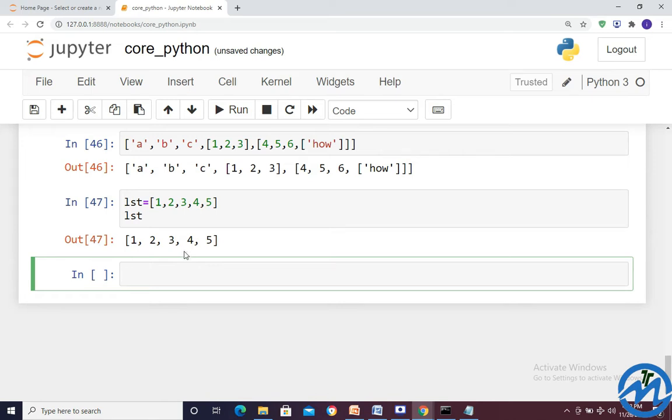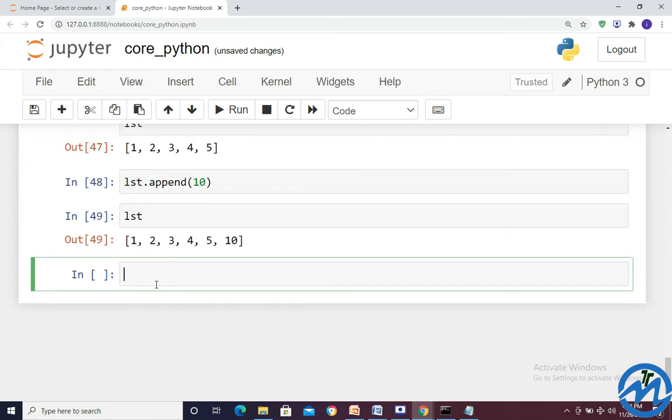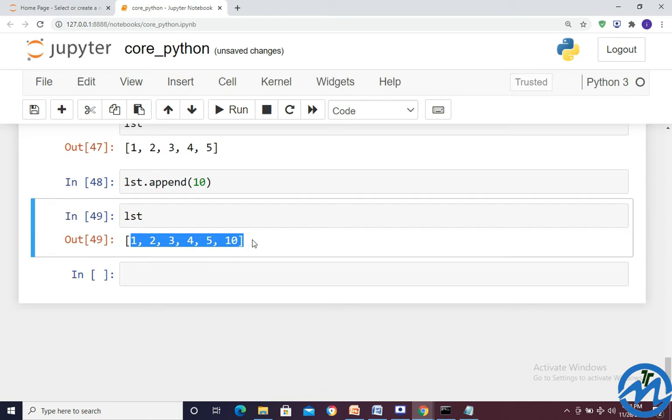What I wanted to do here is append some data inside the list. How can we append the data inside the list? LST dot append of 10, and LST. So I got 1, 2, 3, 4, 5, 10.